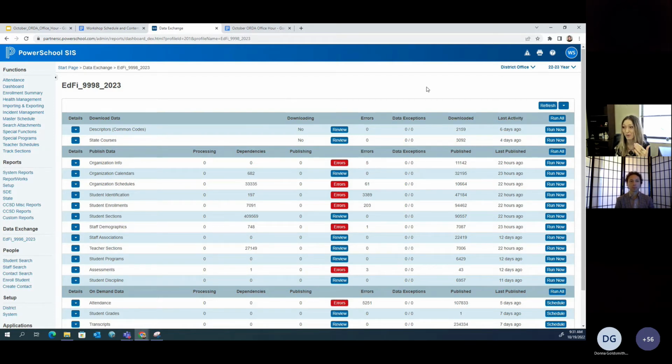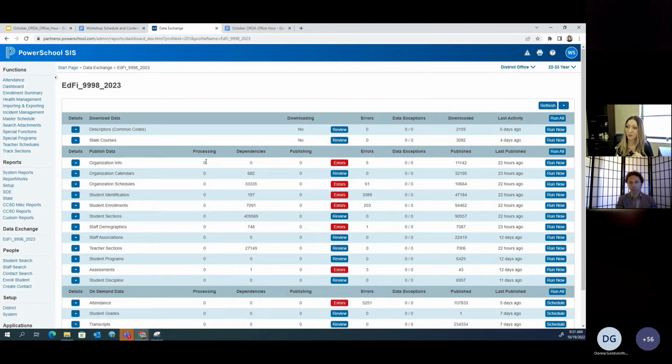You have to do that first, and then after that, in the state of South Carolina, the way we republish is: don't hit Run All. Just don't hit Run All, okay? You're going to hit Run Now for each category. The best practice that we will follow is to hit Run Now and do one category at a time. You can navigate away from that screen, go check your email, come back to it, leave it open, close it, whatever, and then hit the next one. That's the best way to do it. That way you have control over knowing what has published.